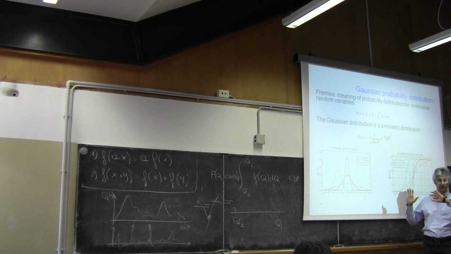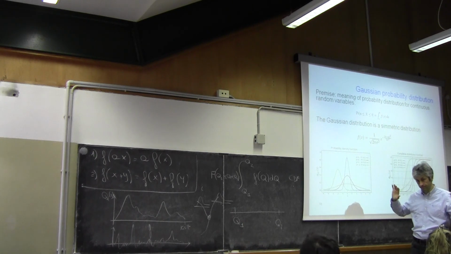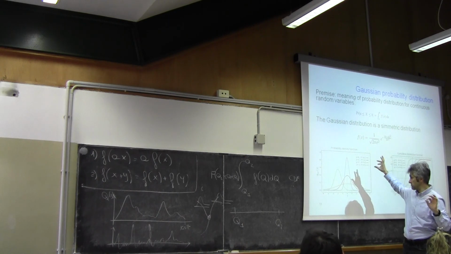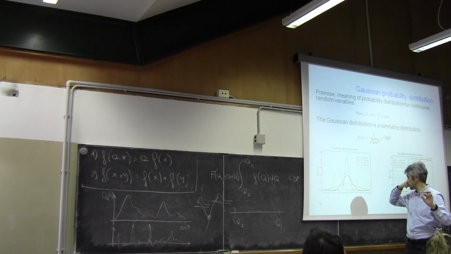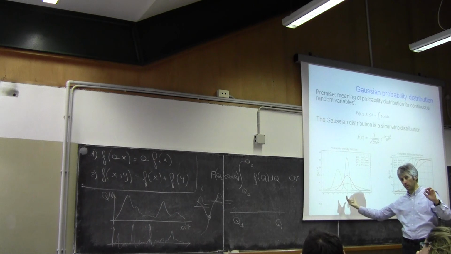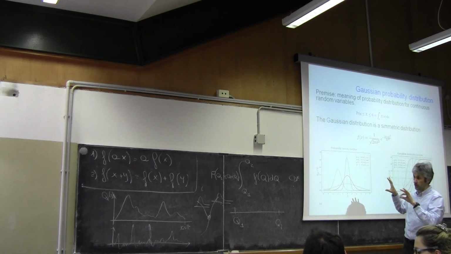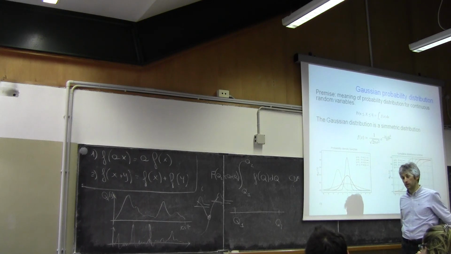So let me summarize. Again, Gaussian distribution is not very useful in hydrology. It's symmetric and close to the mean. For this reason, it's not very useful, but it's